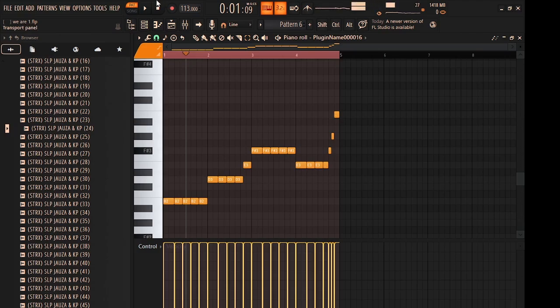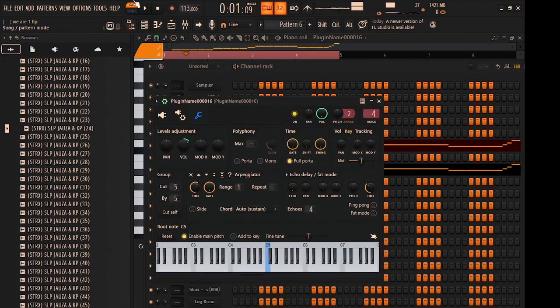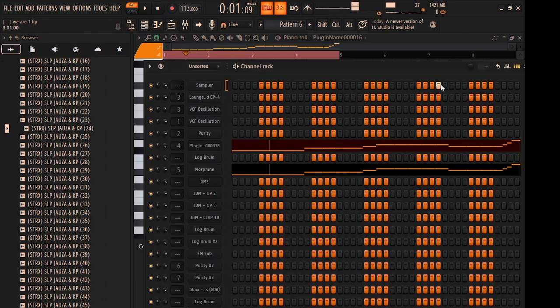You get me? So the bass line that we're using here is a bass guitar, right? So I'm using this guitar here. This is not really a bass guitar, but I made it sound like a bass guitar. So I'm gonna show you guys. This is how it sounds alone.